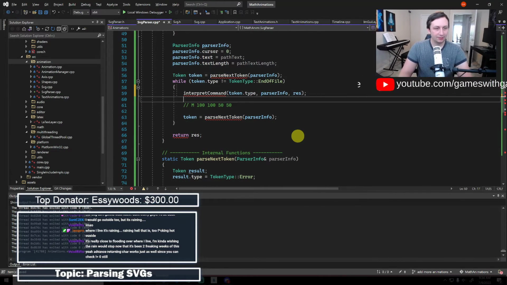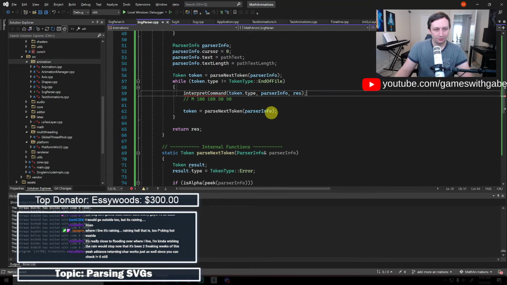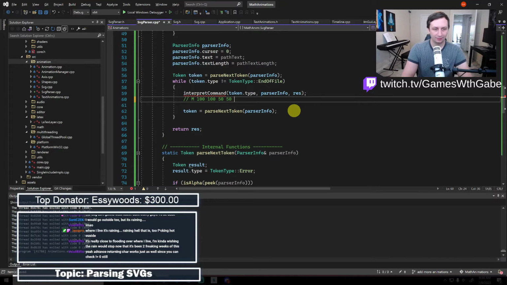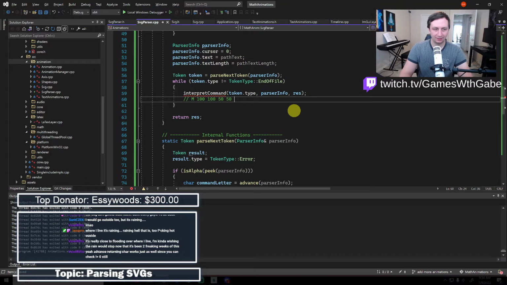So what this is going to do is it's going to take the token type, take the parser info, take the res, and then it's basically going to go and parse more tokens until it gets to another command. And once we get there, okay, so this is another part. So once we get to another command, what do? Well, we're back into this loop,